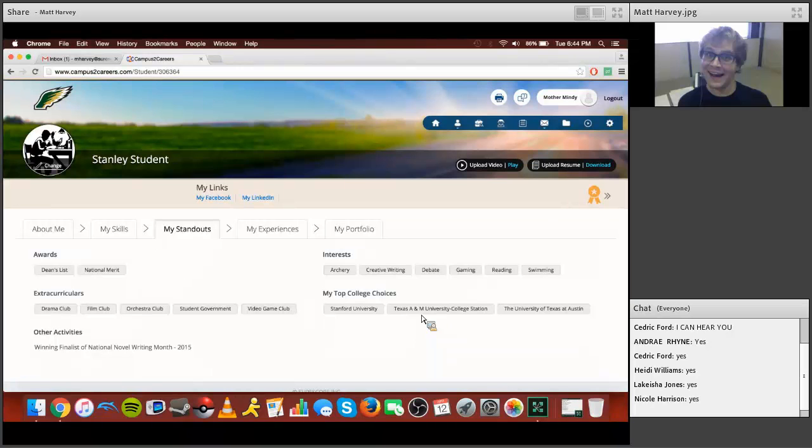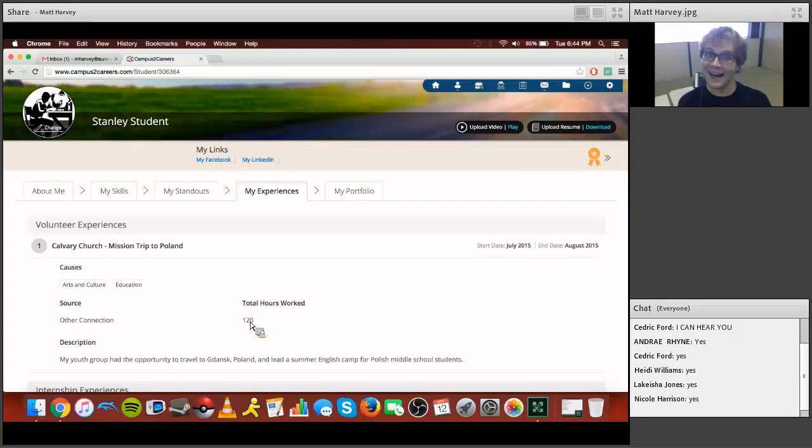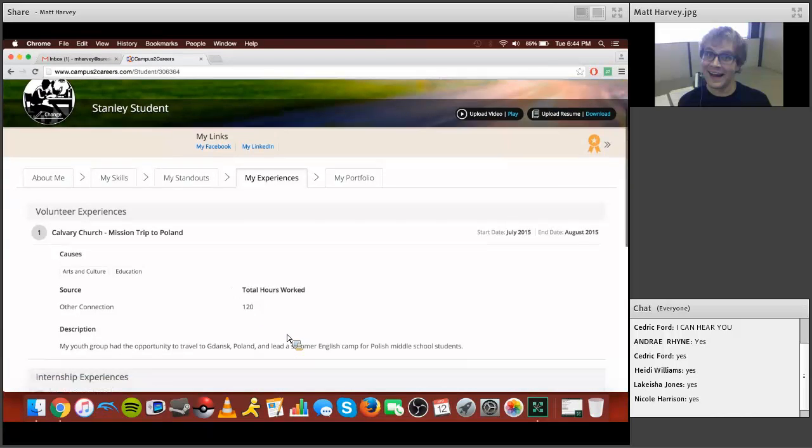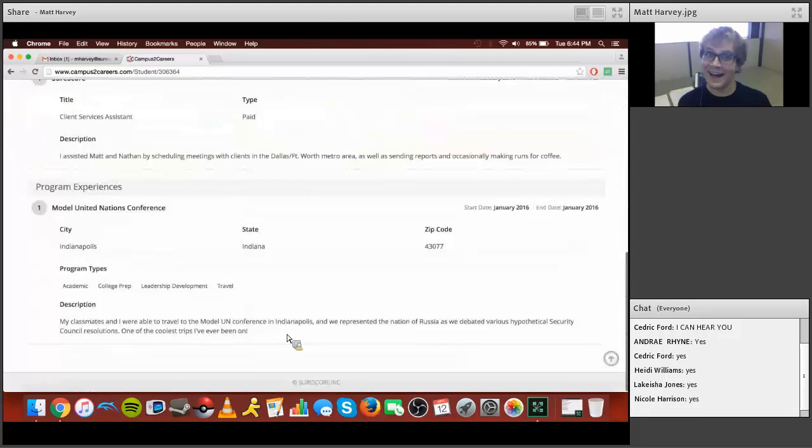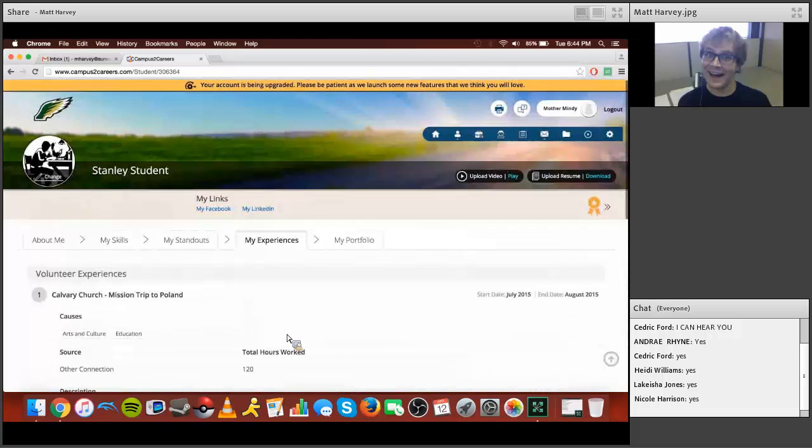So if you are part of tracking your students' volunteer hours as they get ready to apply to college, for example, your student can add all of their volunteer hours to Campus to Careers, and you can log in and see exactly how many hours they've worked, and you can track how far they need to go to reach their goal. Same with any internship experiences, any extracurricular activities, all of that is something that you have direct